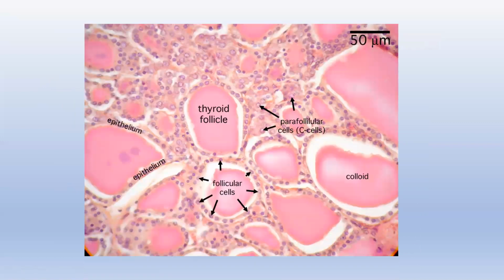We'll see here, these are the follicular cells, and in between the follicular cells we have the parafollicular cells. The lining epithelium will be the follicular cells. They will be cuboidal or columnar depending on the state they are in, resting state or active state. So here we end the microscopic anatomy.